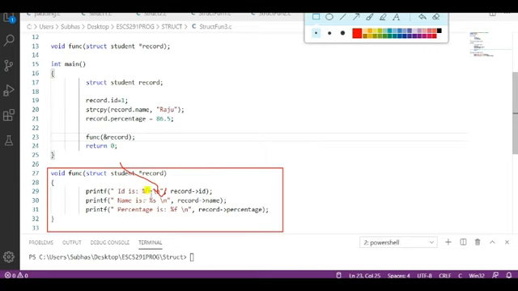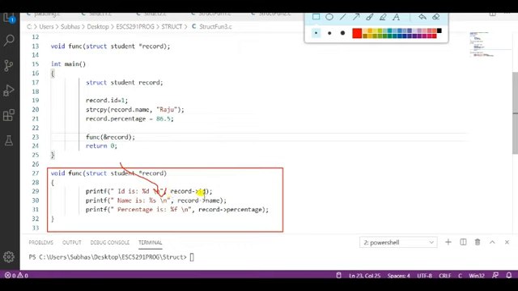We know that we access a variable by using the dot operator, but when we use a pointer, we go for the arrow operator.